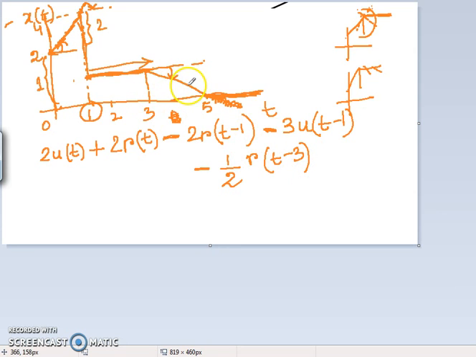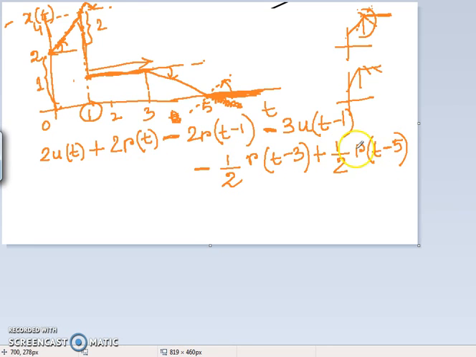Now if this happens, this ramp has to continue towards infinity. But at t equal to 5, obviously there is a slope change. Here the slope becomes 0. That means at this point a positive ramp took place. If this positive ramp is there, it negates the previous ramp, and we know when it negates, the slope should be the same. As the direction indicates, the sign will be positive, and the slope will be half. But where is it occurring? It is occurring at t equal to 5. So it will be r(t minus 5).